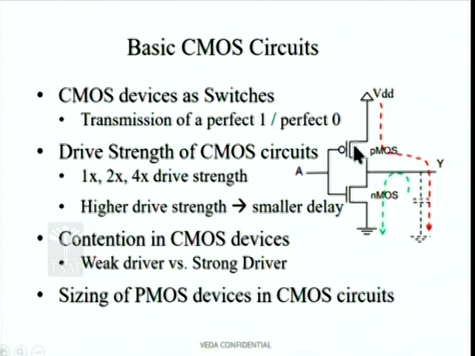In general, you will have a pull up network when you have more than one transistor, and a pull down network consisting of NMOS devices when you have more than one device in this pull down network. Now, when the input is at a logic 1, this device is off, with a very high resistance value. This device is on, with a low resistance, and therefore this capacitance completely discharges to ground.